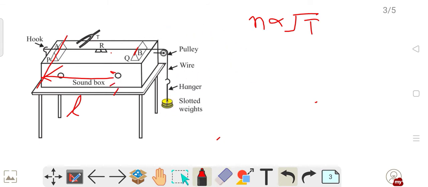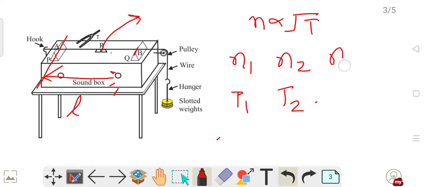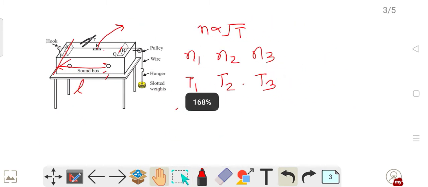So for N1 I have to bring about a tension of T1 so that the resonance occurs. For N2 I have to bring about a tension of T2 so that the resonance occurs and this rider flies off. Similarly for N3 I have to bring about a tension of T3 so that this occurs. Now upon doing the mathematics they found out that the value of N1 suppose 4 and the value of T1 was suppose 9. Okay, so this ratio was 4 upon 9.